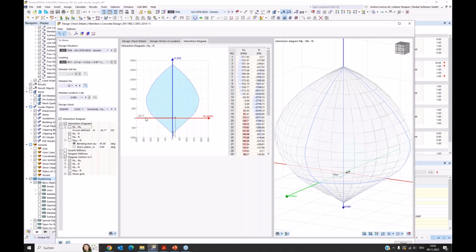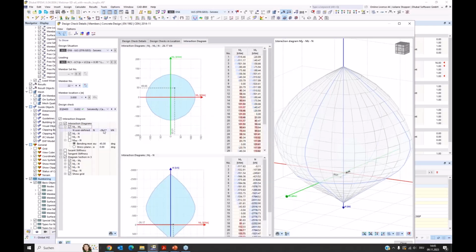So that's why I have to consider the minus 26 normal force, as it's the worst case and on the safe side. And then I can look in this diagram and take my M around Y for the situation that MZ is 0, and we see we have